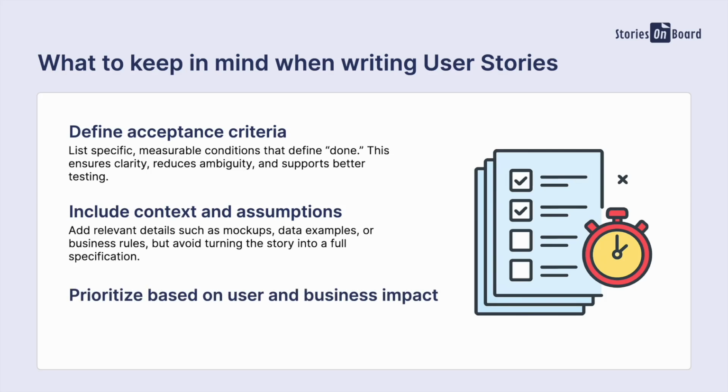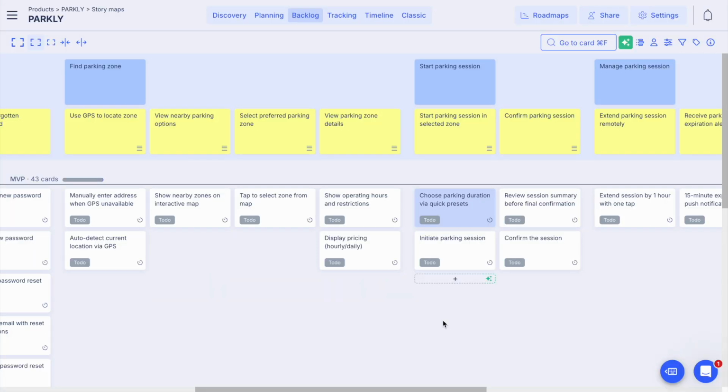Prioritize based on user and business impact. Ensure each story aligns with user goals and business objectives. Use your story map or backlog hierarchy for context. And don't forget to collaborate on refinement. Don't write stories in isolation. You are a team and everybody's point of view helps to build a better product. It's a lot to keep in mind. But when we have StoriesOnBoard AI Assistant on our side, it can focus on all of these details,